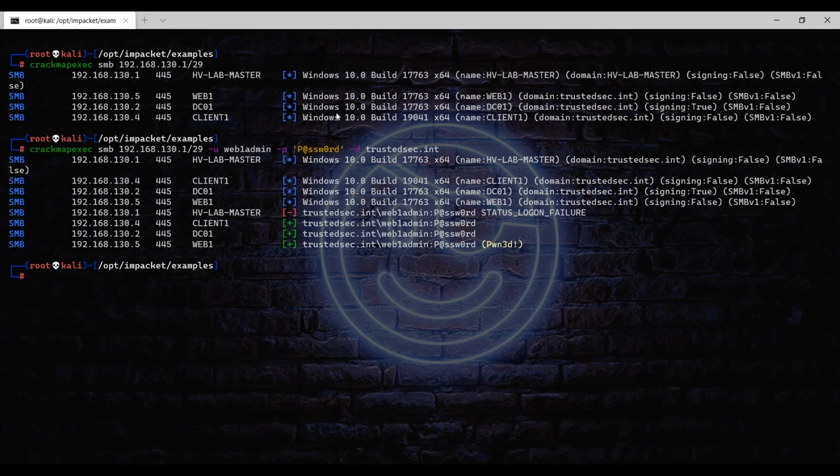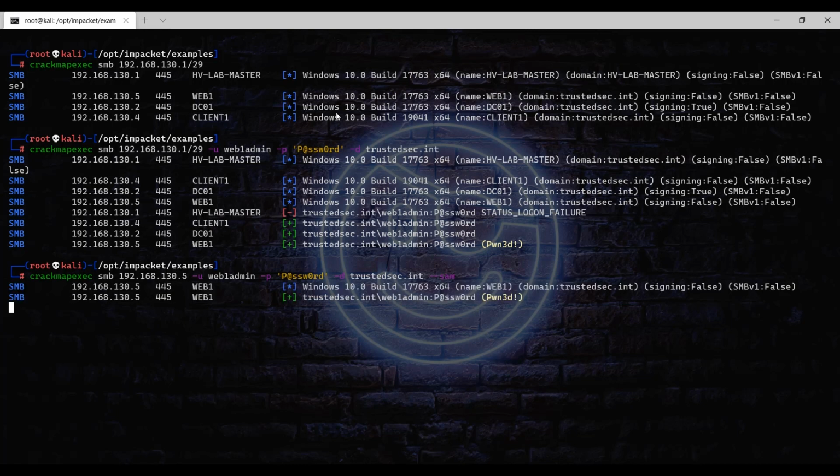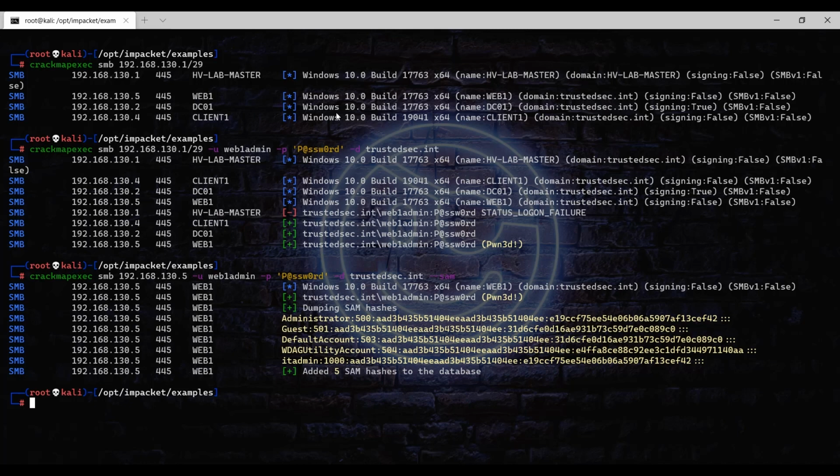So we are going to do the same towards that one host, and we are going to use the module for dumping the SAM. That's basically dumping all the local accounts and their NTLM hashes. And there we can see that we got the different hashes. So here's the one for the administrator account. So we're just going to grab that one, and then we are going to try